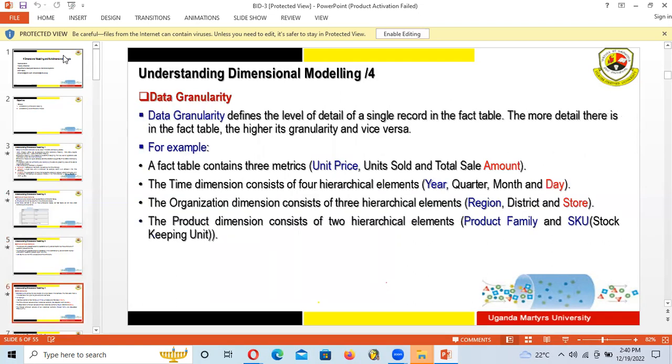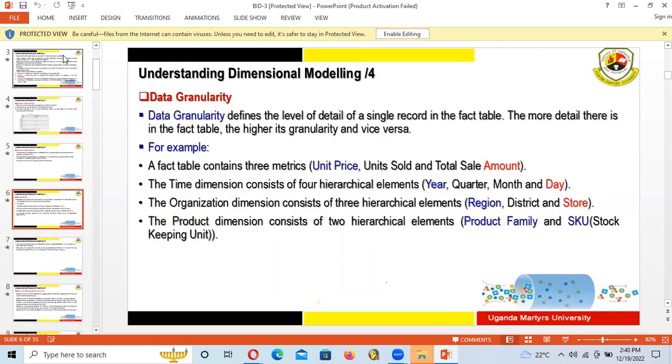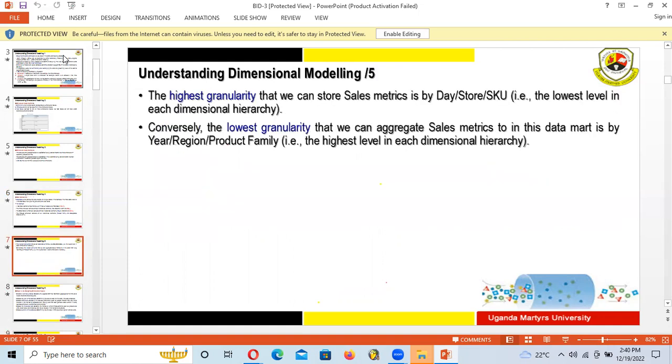Data granularity defines the level of detail of a single record in the fact table. The more detailed the row is in the fact table, the higher its granularity, and vice versa. For example, a fact table contains 3 metrics. The time dimension consists of 4 hierarchy elements. The organization dimension consists of 3 hierarchy elements. The product dimension consists of 2. Then the highest granularity at which we can store sales metrics is by date, store, SQL. Conversely, the lowest granularity at which we can generate sales metrics in this data mart is by year, region, product,